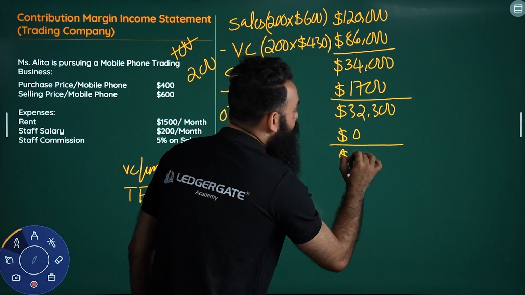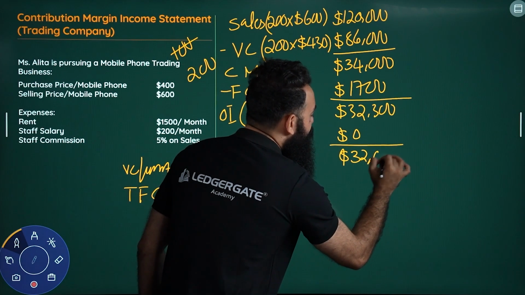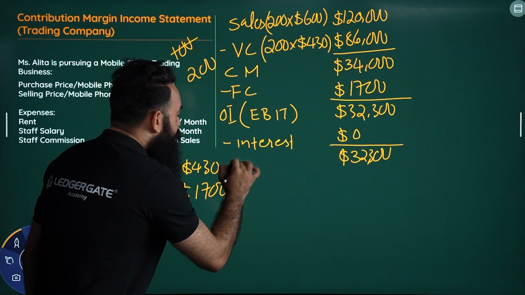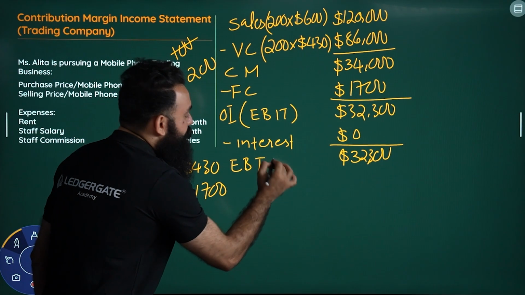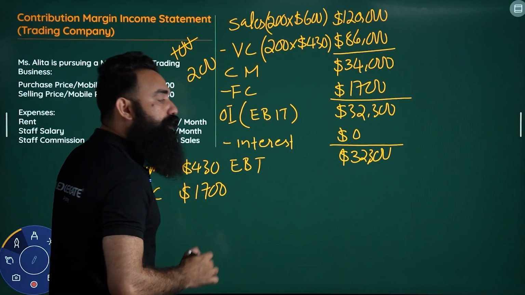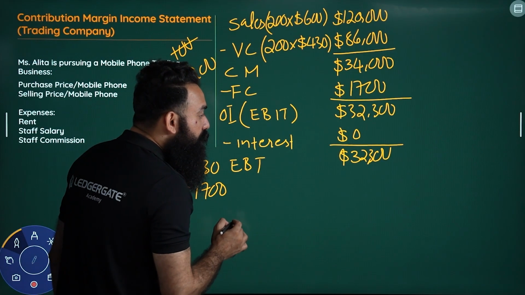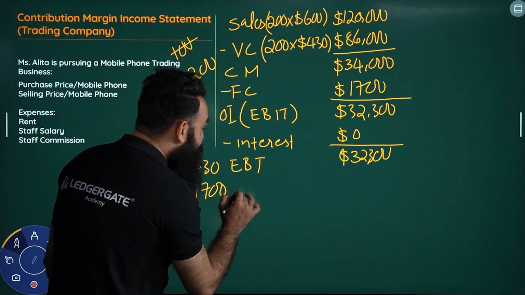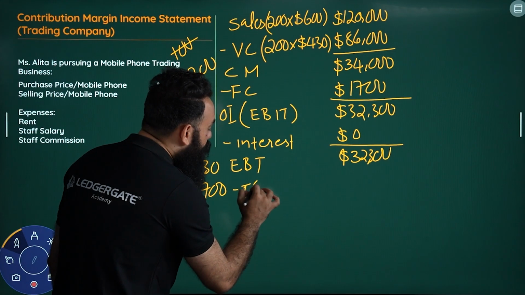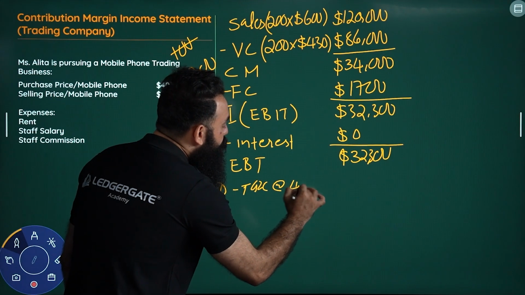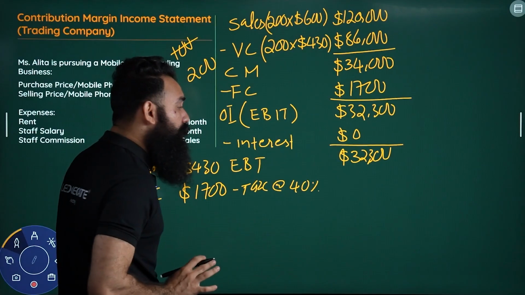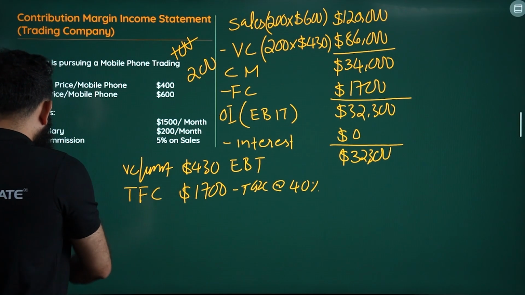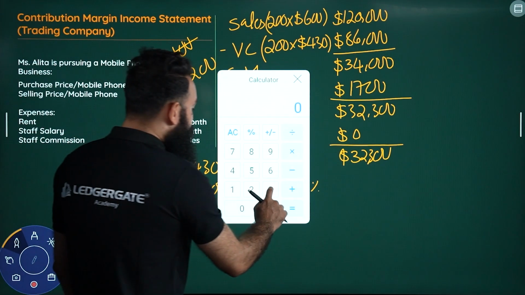When we deduct this 0 from 32,300, the same 32,300 would be the earnings before tax. From this earnings before tax, we have to deduct what to arrive at net profit or earnings after tax? It's only the tax. We are assuming the tax amount as 40%. This is simply our assumption. So 40% of 32,300 would be